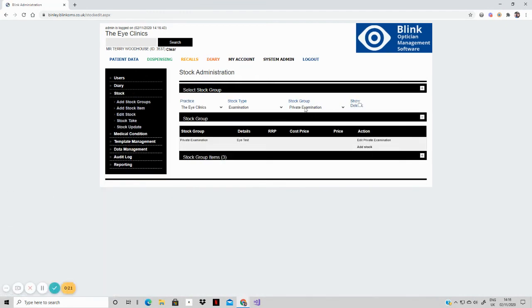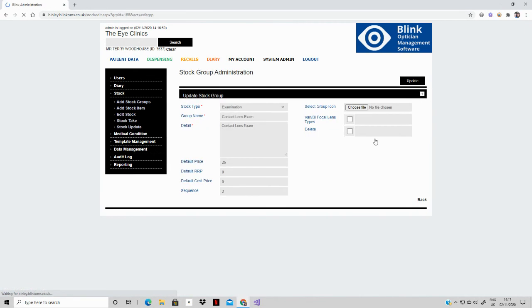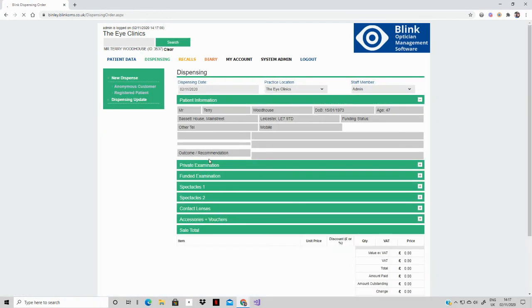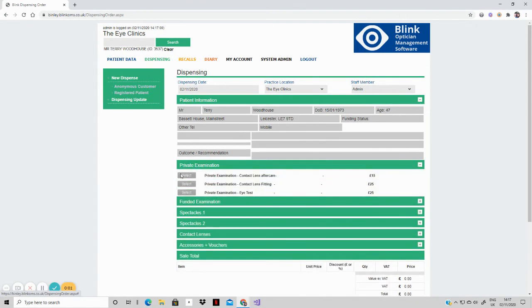What I'm going to do is change that stock group to the contact lens one. I'm actually going to get rid of this one by going in here, ticking the delete button and updating it. So now if I go into dispensing, under private examination, I've got private examination